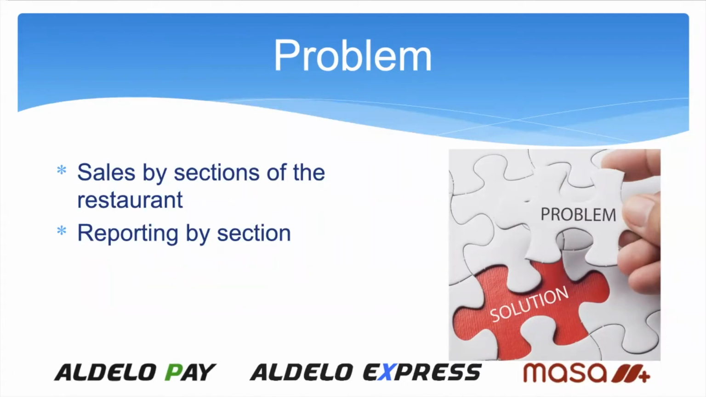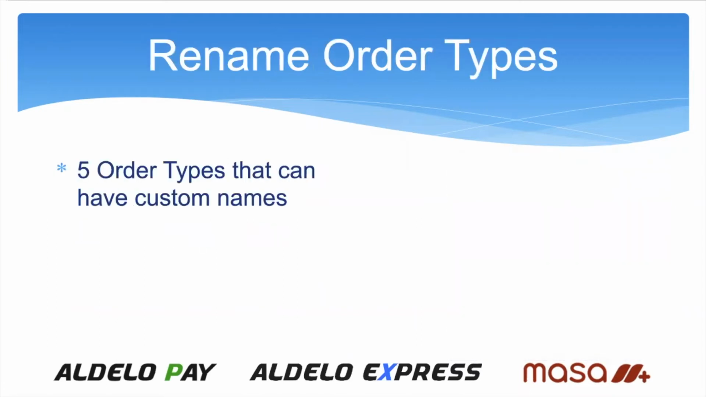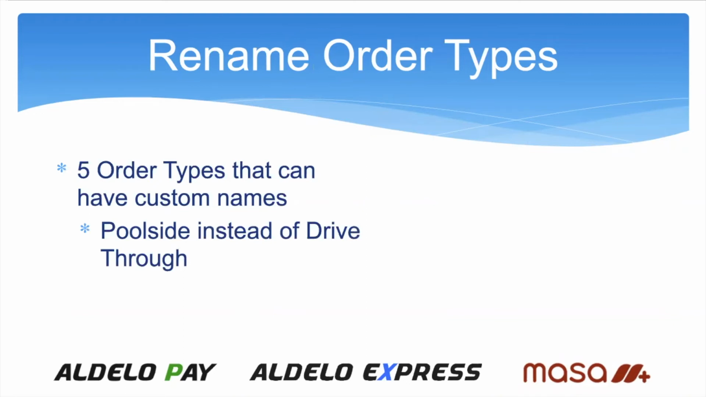So in this case, maybe dine-in versus bar versus pool versus patio versus upstairs, 5 different areas. So what do we do? We have 5 order types. You name the order type by the section of the restaurant. As an example, you take the drive-in or the drive-through order type and rename it as poolside. If you're at a fine dining restaurant, you probably don't have a drive-through. Therefore, you have an order type that's not being properly used. Well, simply rename that to the section of the restaurant that you want to track those sales for, and you're